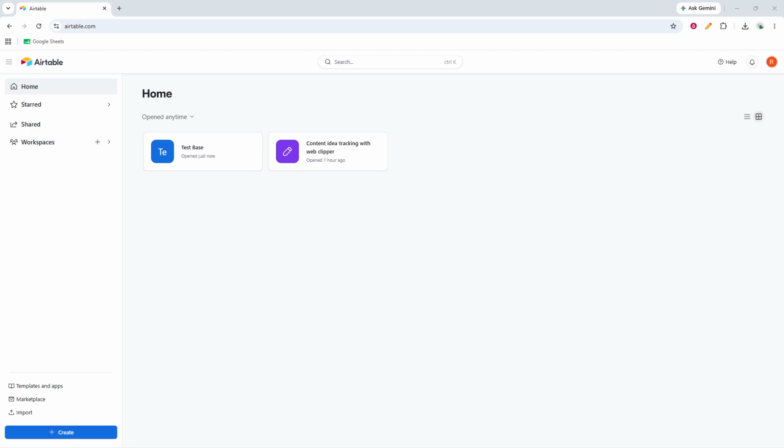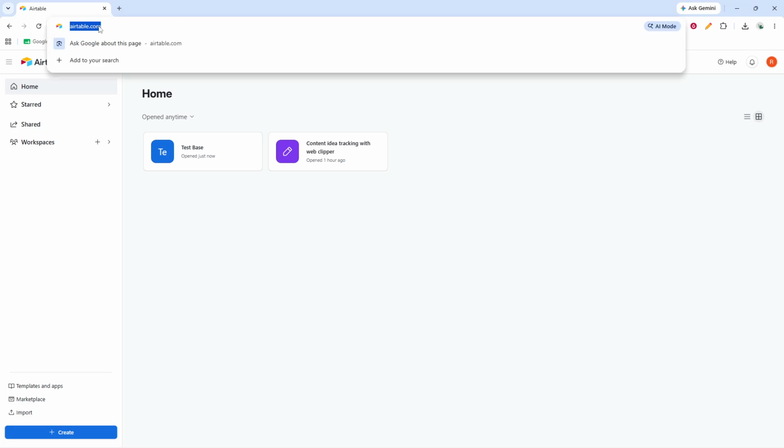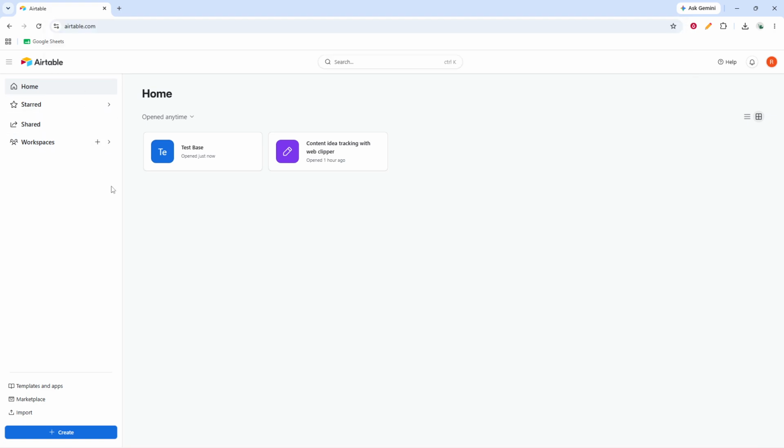This video walks you through how to rename a field in Airtable. Begin by opening the Airtable base that contains the field you want to update. If you work with more than one base, take a moment to confirm you are in the correct one before